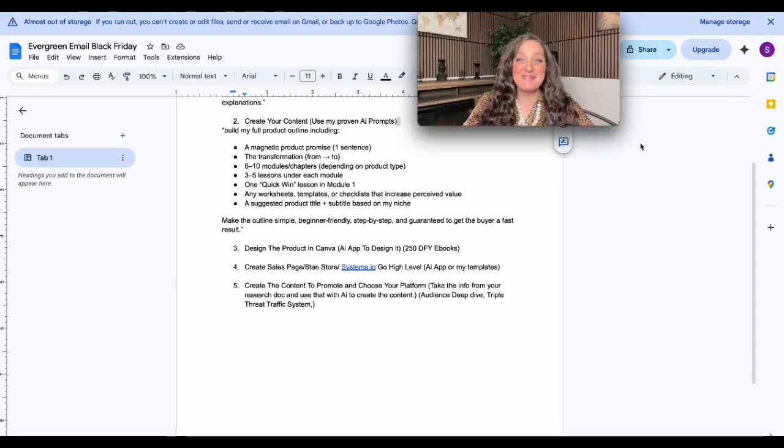Okay, so now we are in section 2 where we're going to actually start creating the content for our digital product. I know most people just teach you how to go into Canva and design it, but we're doing everything from start to finish, okay? By the end of this course, if you guys are doing it with me, you'll be able to have your own digital product, okay? So what we're going to do is number 2, it says create your content, all right? So I have a prompt here that I'm going to give you guys to use, all right?